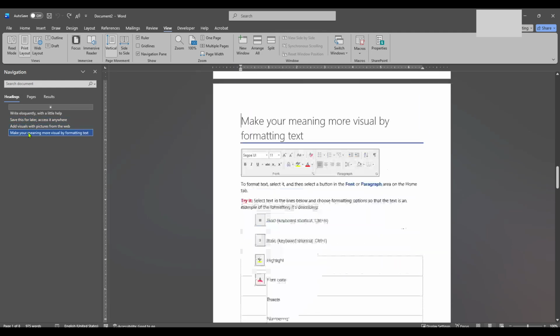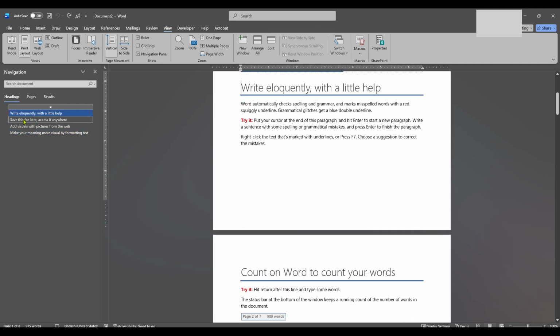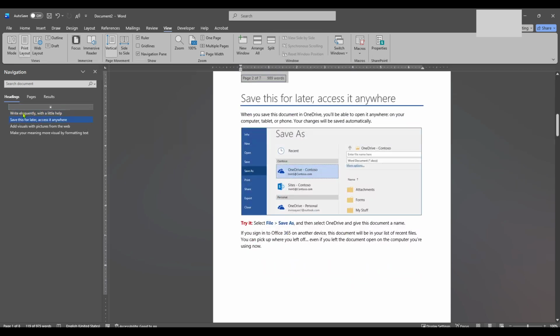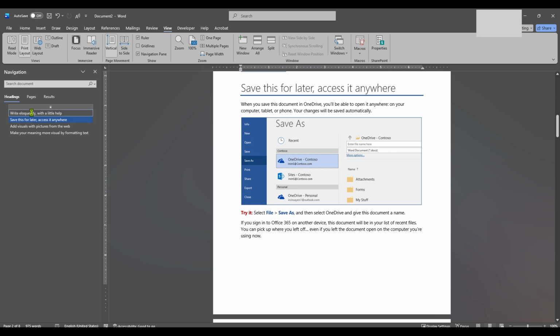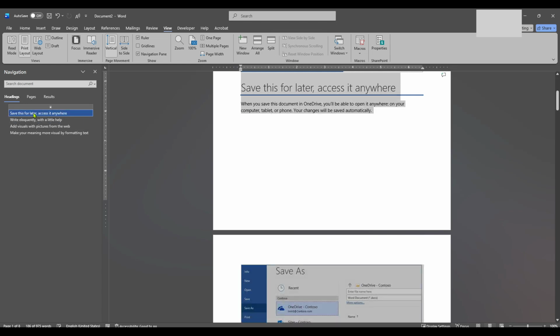Now that you have the navigation pane open, you will notice the list of headings available there. Here comes the fun part, rearranging your document's pages. You can simply click on a heading you want to move, hold the left mouse button, and drag it to the desired position within the pane. This drag and drop feature is intuitive, allowing you to restructure your document effortlessly by visually placing each section where you want it. Rearranging pages in Word using this method helps maintain the document structure while keeping formatting intact.